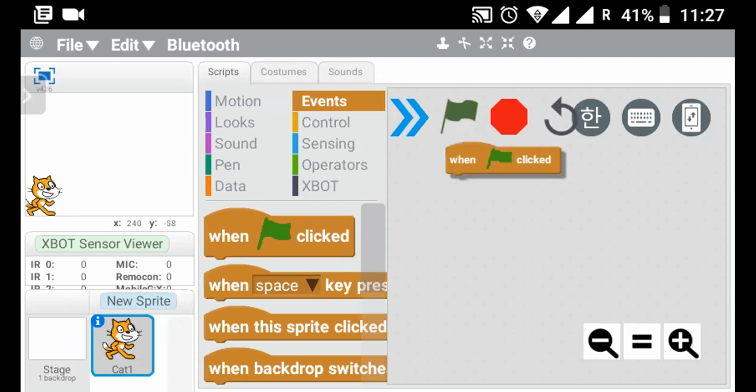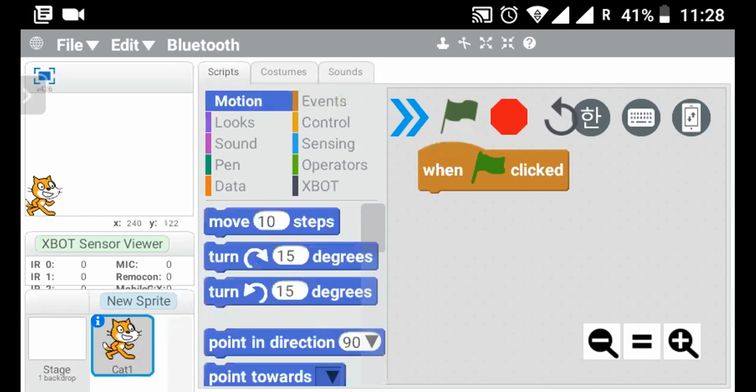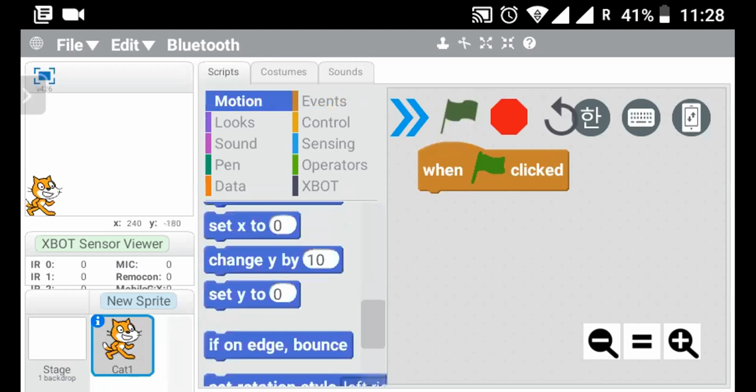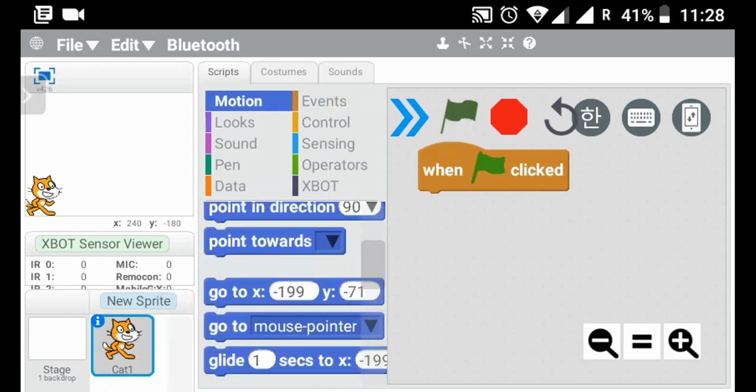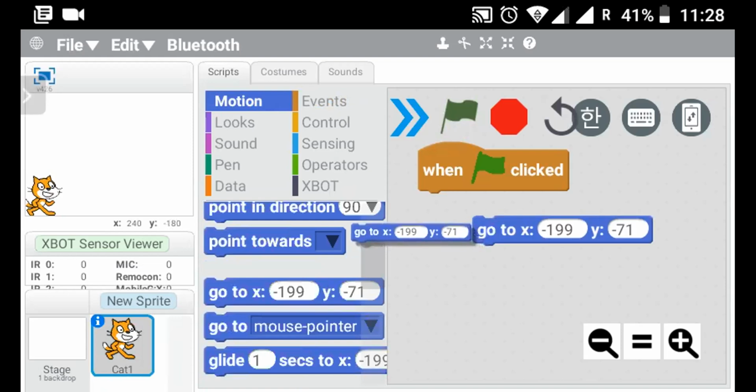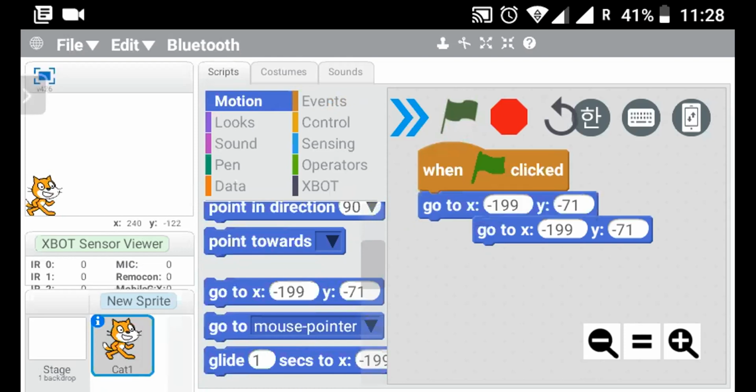So under events, I will say when green flag is clicked, the first thing I need is to go to. So I go to motion and I look for my go to. Let me scroll down and I get go to. Go to is here. Then I put it here, just below here. Then I click inside here to change the coordinates to